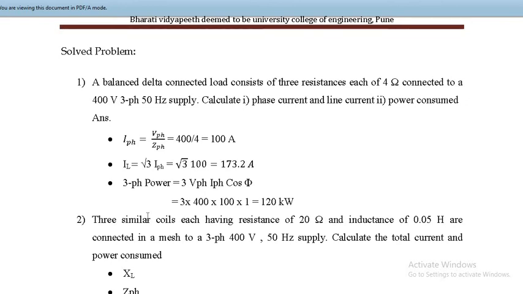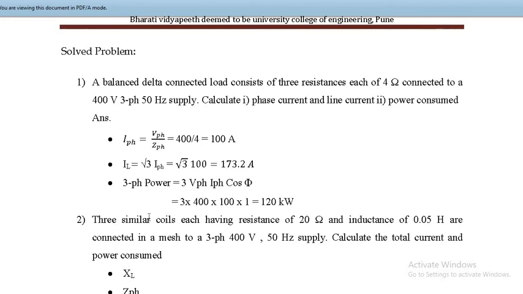Okay, so line current can be found out as whatever phase current we have found out multiplied by root 3, so that gives me 173.2 amperes. Okay, and the last thing is 3 phase power. Again I had asked you in the last lecture that always stick to either phase values or line values, don't mix it up. If I put it in terms of phase, it will be thrice of VPH IPH cos phi. If I want to put it in line terms, it will be root 3 VL IL